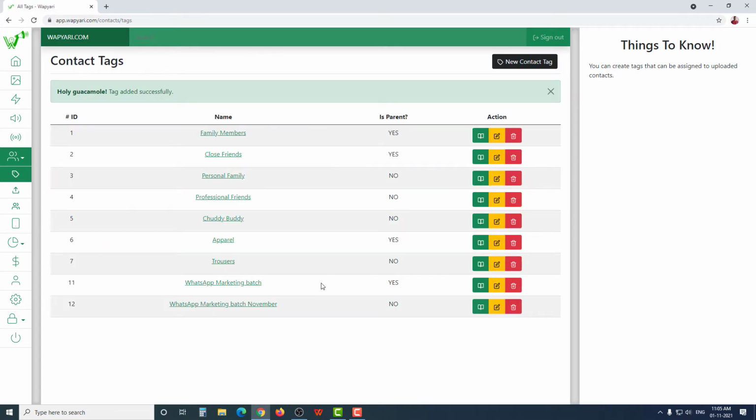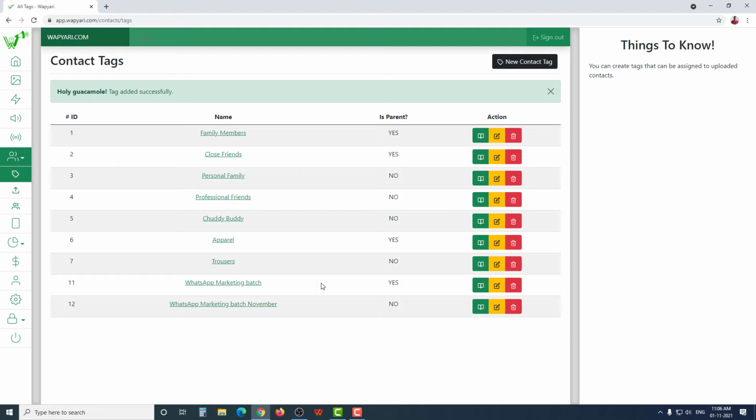So you see we have two tags, WhatsApp marketing batch, which is the parent tag, and now I can have all those children tags like November, December, January, February, or any name that you think is relevant to your business, because you can only upload contacts to children tags, and those children tags can be assigned to a parent tag. That's just a way to identify your contacts in our system, and you'll see the benefit when you start creating a broadcast or a drip campaign. For now, just make sure that you have a parent tag and children tags assigned to those parent tags so that you can upload your contacts to children tags.